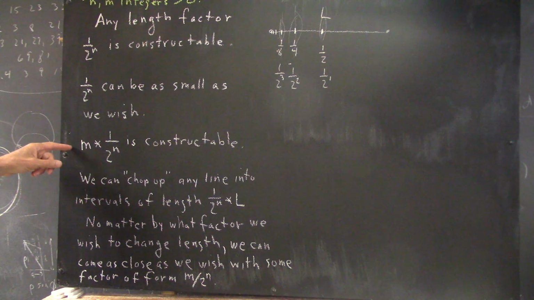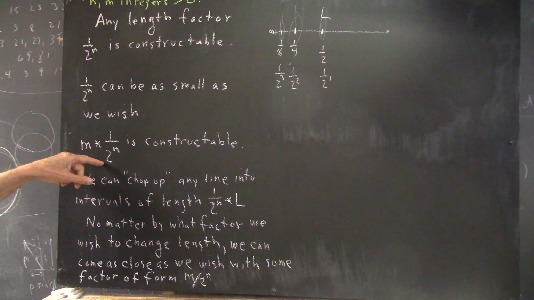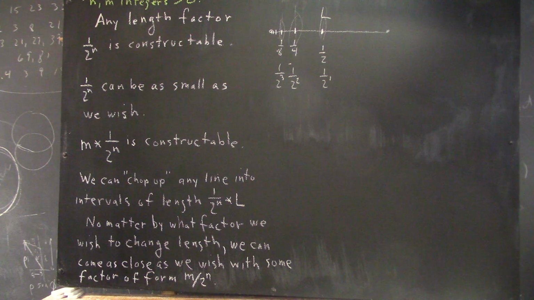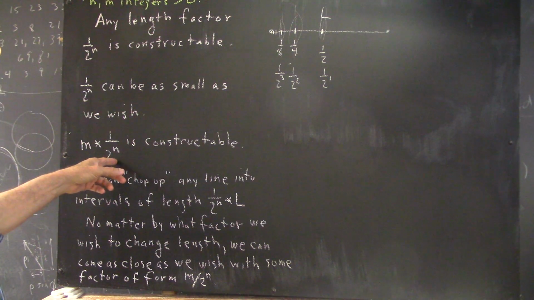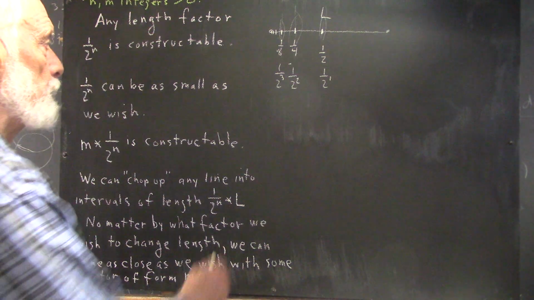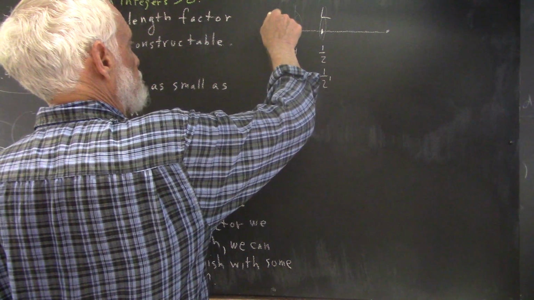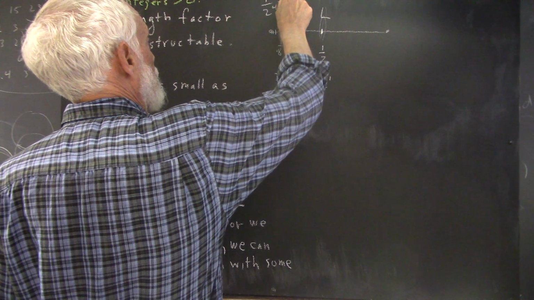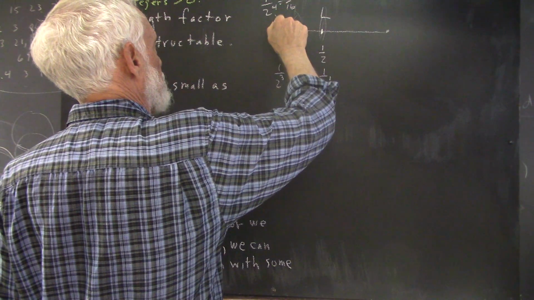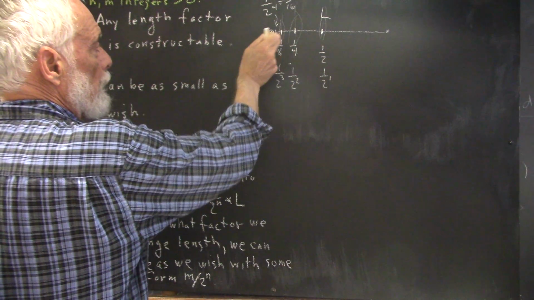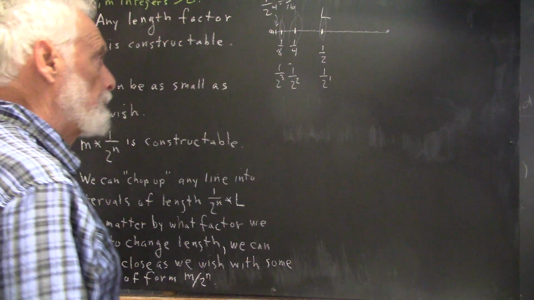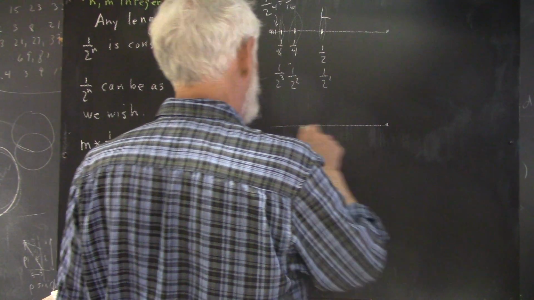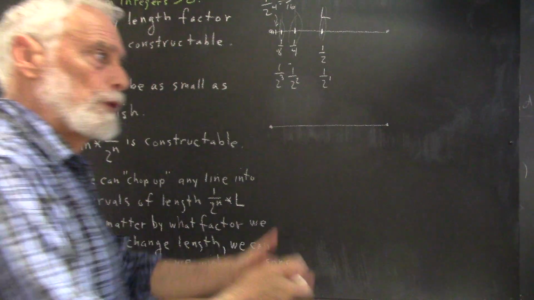Then m times 1 over 2 to the n is constructible. Well, once we have n, and let's just say n is 1/16. Okay, so right here would be 1 over 2 to the 4th, which is 1/16. That would be the length of a segment from the left end to this one. Then I could do just as we do with rulers that measure in